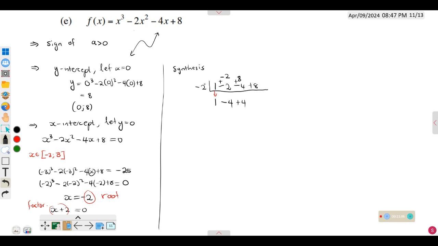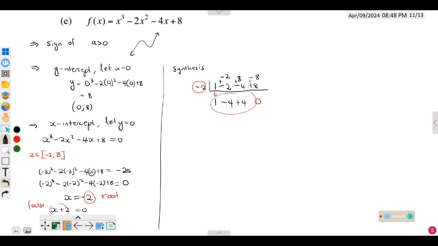And then from there, you're going to say negative 2 times positive 4, which is negative 8. And then you add negative 8 plus positive 8, which is a 0. It should always give you a 0. If this is not a 0, then it means the root that you have there is incorrect. So now we can take this information right here